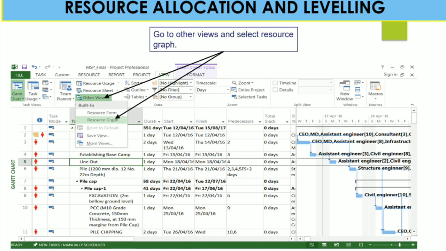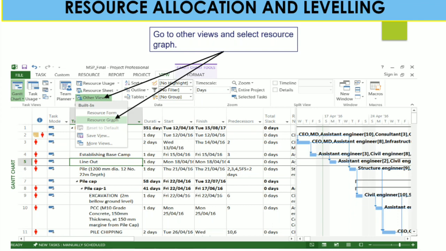Now go to the other view. It consists of leveling techniques that bring your projects that are lagging behind back on track, whether over allocated or under allocated. The following three resource leveling techniques can help you. To set a realistic project time, there are different methods like critical path analysis, fast tracking and crashing. With these methods, you can level your resources at site as well as before executing your project.